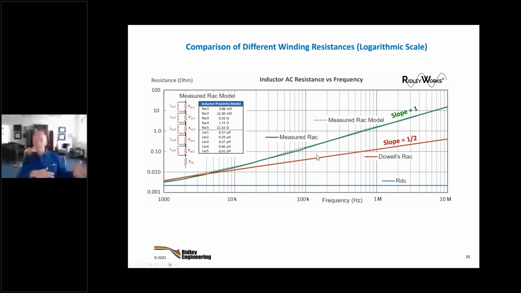So even though it's not following the normal Dowell's 1/2 slope, and sometimes it has a +2 slope for a while, it's quite happy to follow a +1 slope with this network in there. So that's new in Ridley Works. Those of you that already have it and have the AP or the Ridley box, it's not in there yet. It will be in there soon.